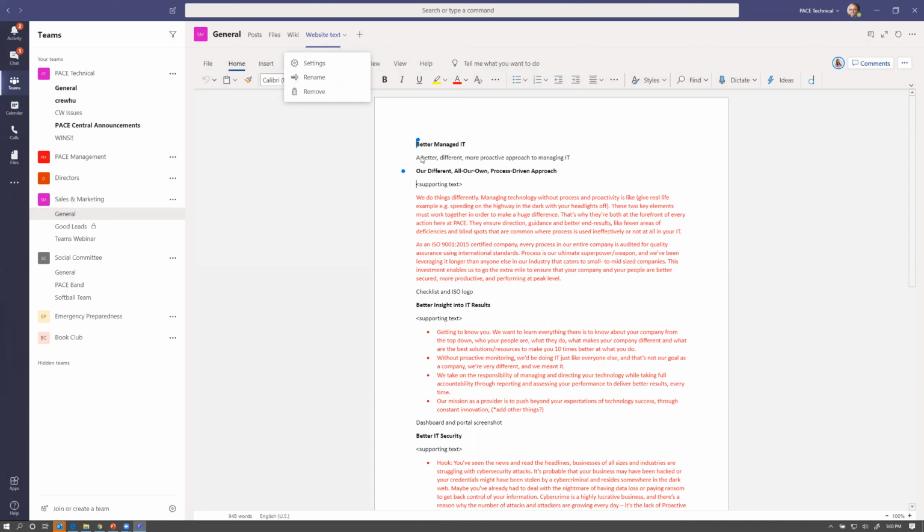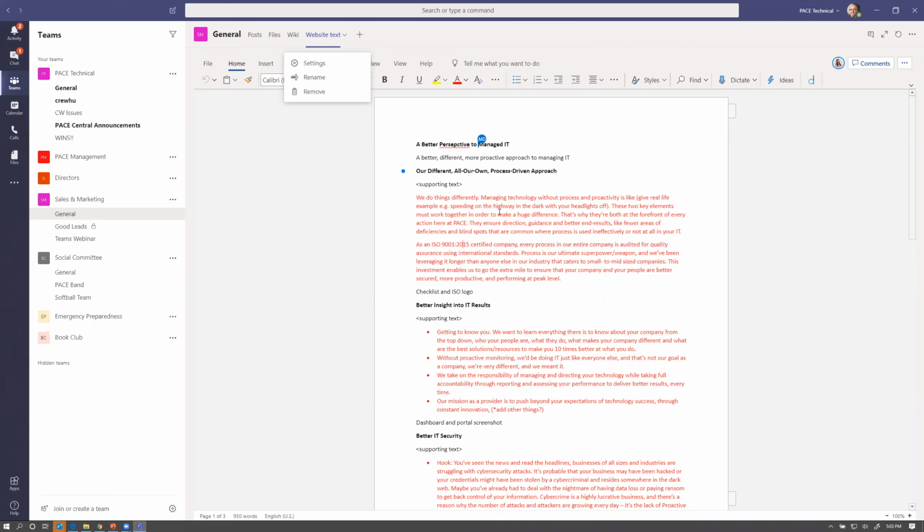So the other thing I wanted to show you is that multiple people can be editing a document at the same time. As you can see here, Mary Ellen is also within this document right now, making some edits or changes. So initially her initials will show up, and if I hover, I can see her name. And while she's working on it, she can see my name on it.